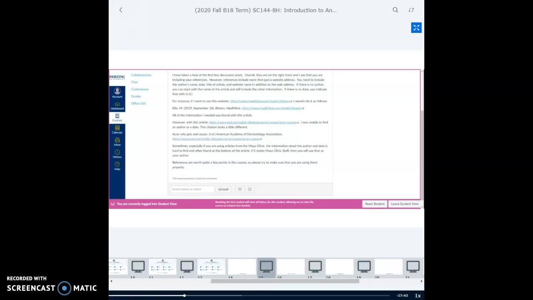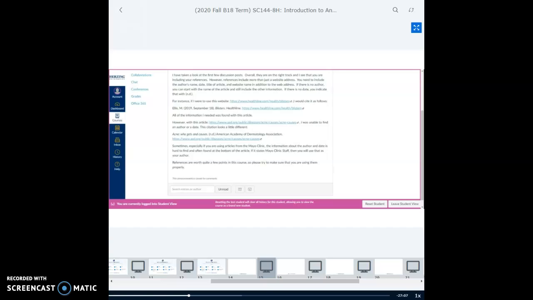Now, for every reference that you use, for every reference that you have at the bottom of your assignment, you also have to do an in-text citation. Okay? So an in-text citation goes in the paragraph with the information. Okay? So let's say I'm writing my paragraph about blisters. Okay? And in my first paragraph, I use information that I found from this Healthline article on blisters. So what I would do